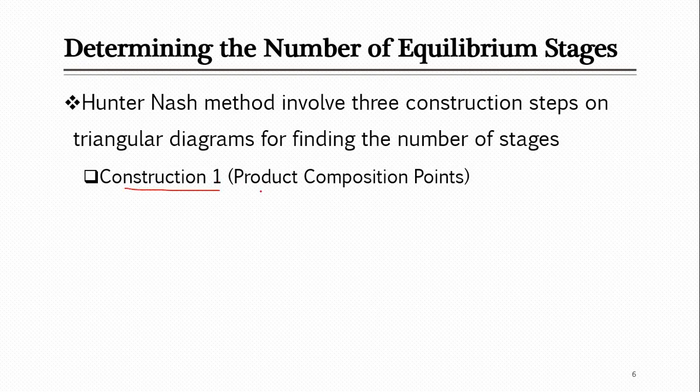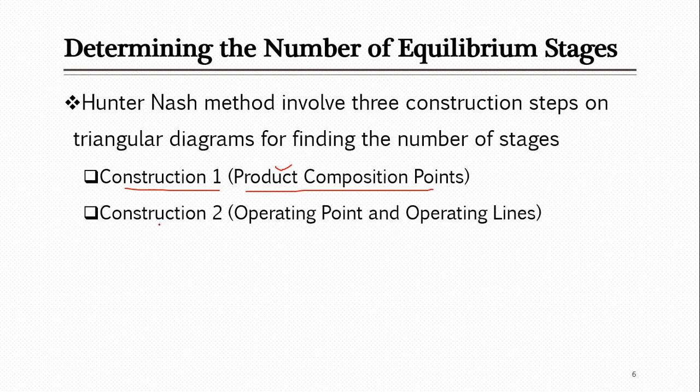So in step 1 you have to look for product composition points. What is the product, by the way, in this system? Hopefully you know that you are talking about liquid extraction, and our product is part of the extract commonly, because extract is the stream which is rich in the solvent, and later we separate that solvent and solute from each other, and we get that product. So overall you can say your product is extract, or in a broader term, something leaving from any stage. So leaving is extract and raffinate, so they can be treated as product overall.